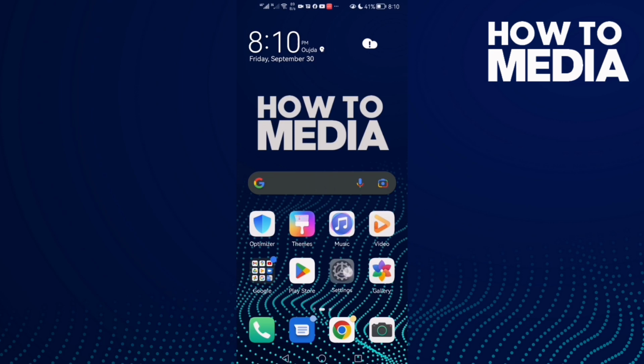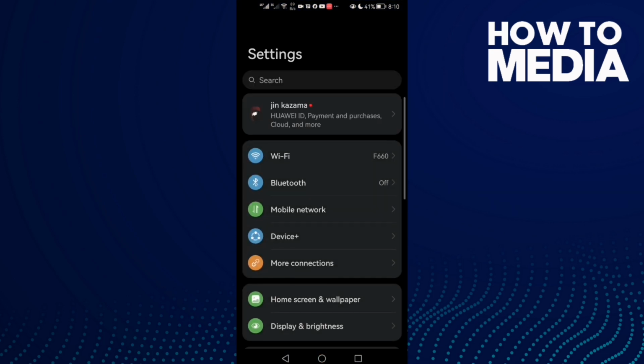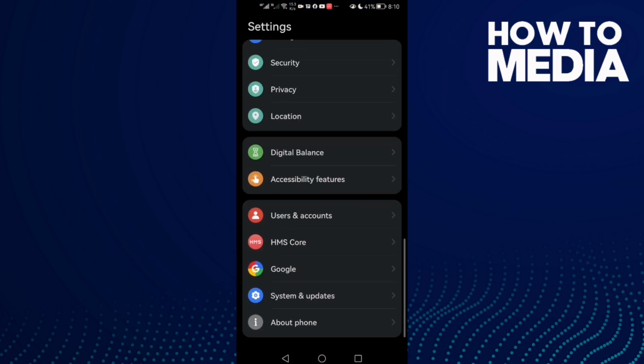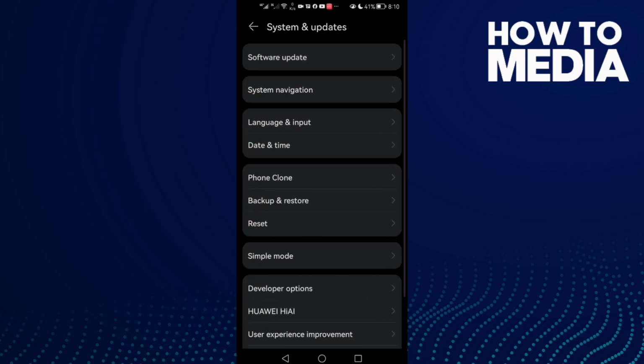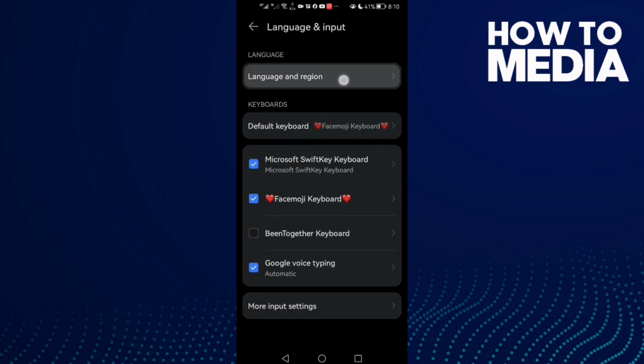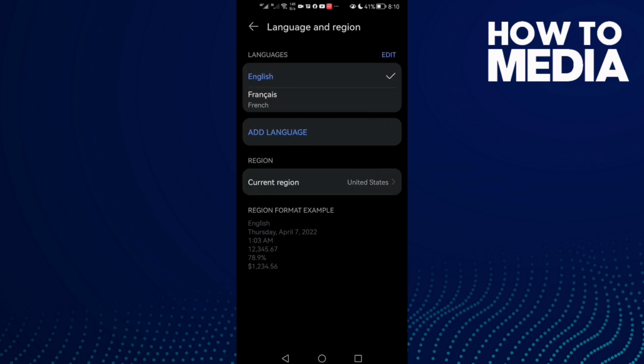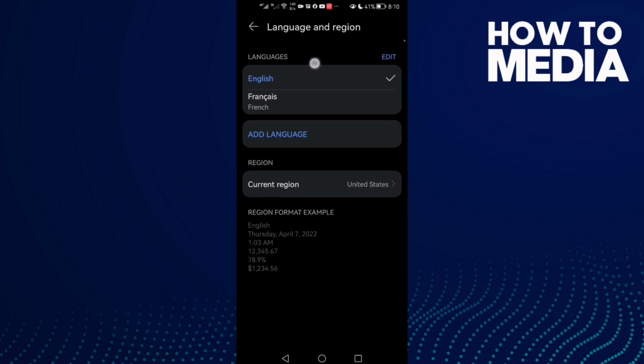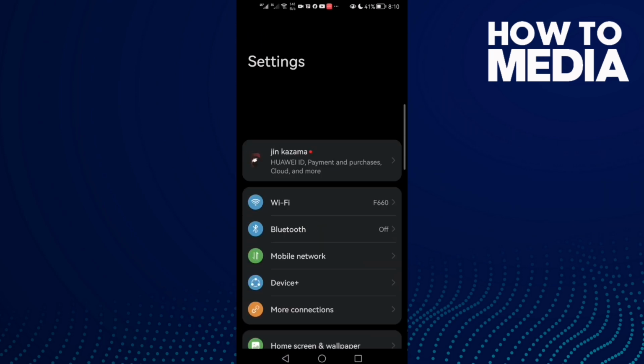First, open settings and now scroll down until you find system and updates. Click on it and here we'll find language. Click on it and then click language and region, and here we'll find language settings, or you can just search